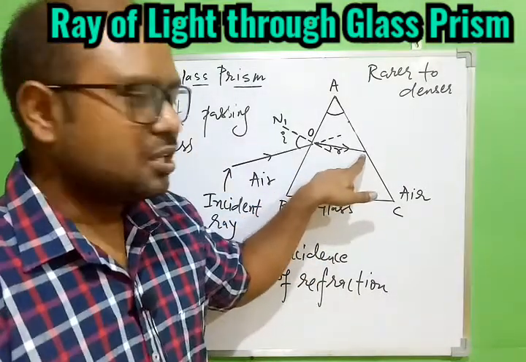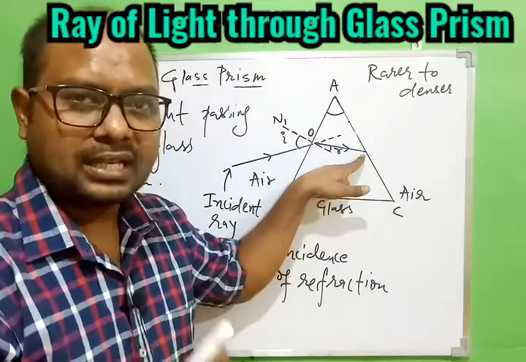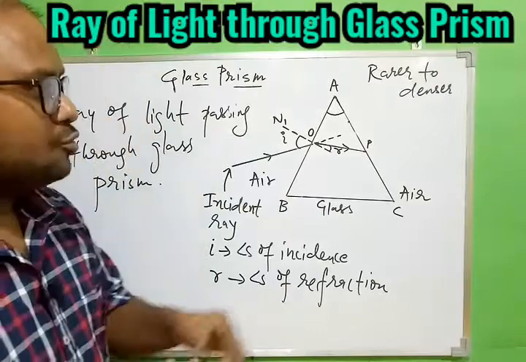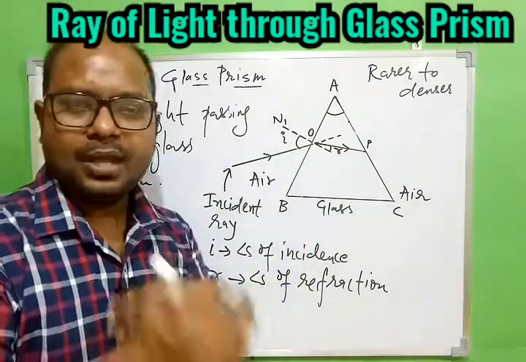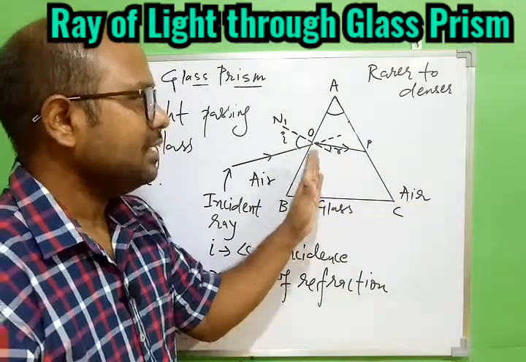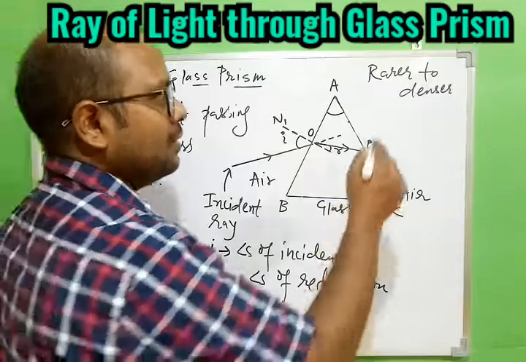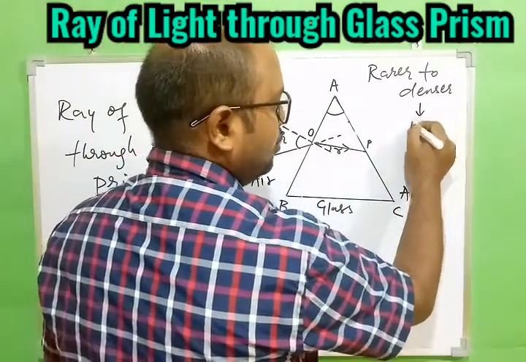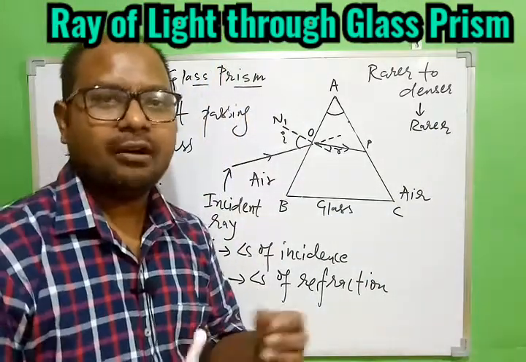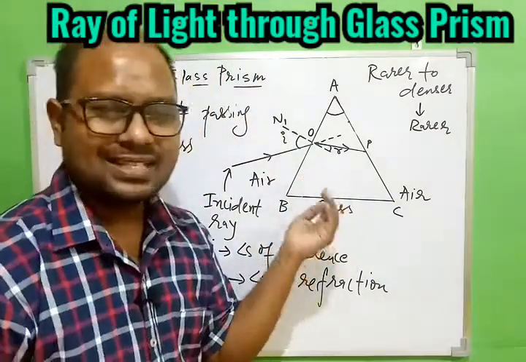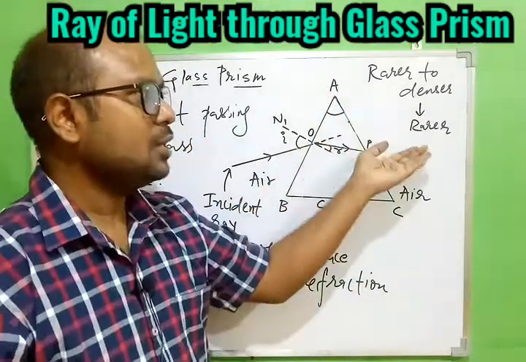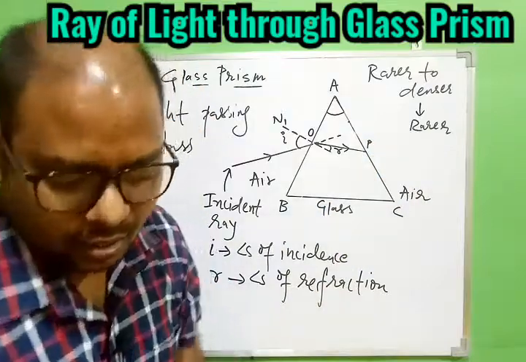Now the light is falling on this surface, the other surface, which is also rectangular, and let this surface be P. So at P again the ray of light will have refraction, because now the ray of light will travel from glass to air, that is denser to rarer. If the light travels from denser to rarer, what will happen? The ray of light will bend away from the normal. So again we need to understand very first where the normal is on this surface, and then apply denser to rarer, light will move away from the normal.